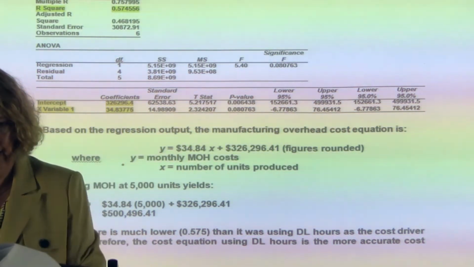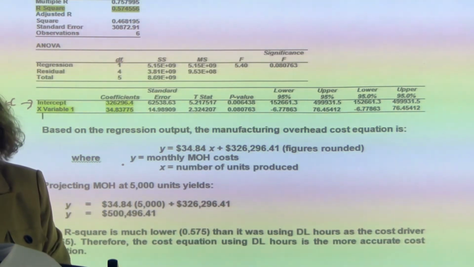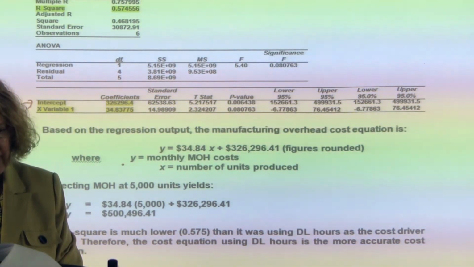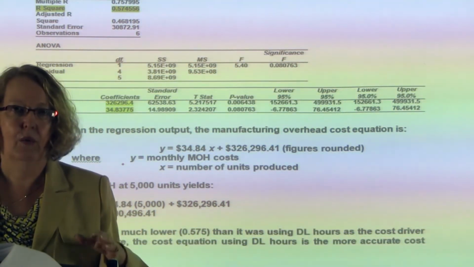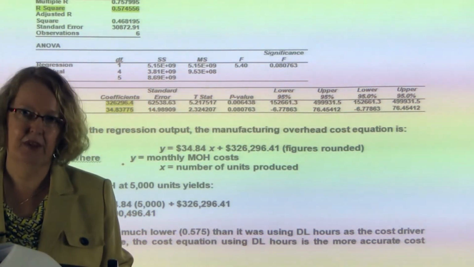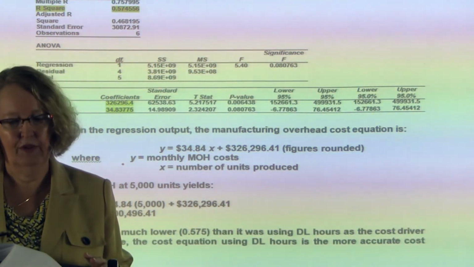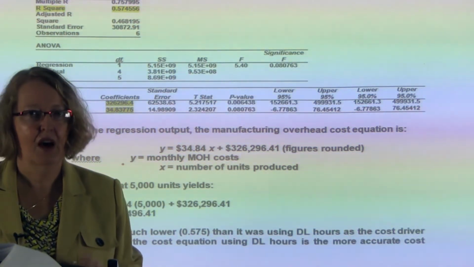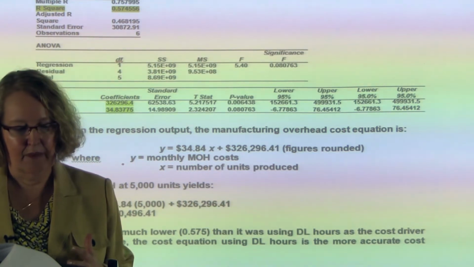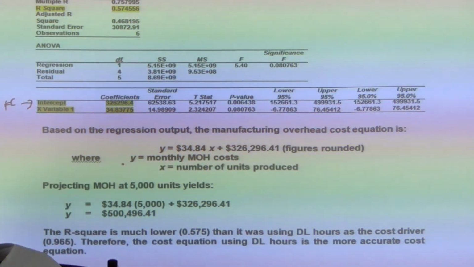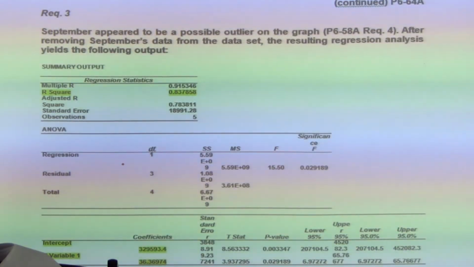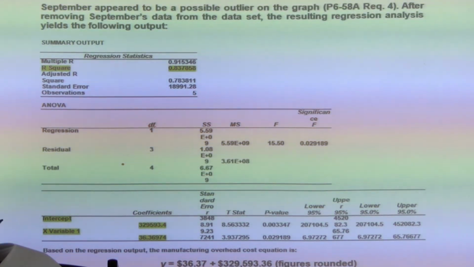The third scenario we're looking at here is requirement 3, again using regression analysis, this time to remove any potential outliers. You'll recall when we did the graphs back in an earlier problem, we saw that September was an outlier. If you think there's one month that's not representative of a typical month, you'd want to exclude that from your data to see if you can get a better result. So in number 3, we're doing the same calculation, but all we've done is eliminate September from